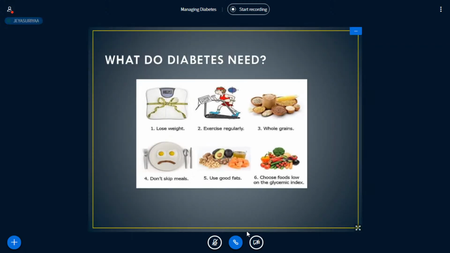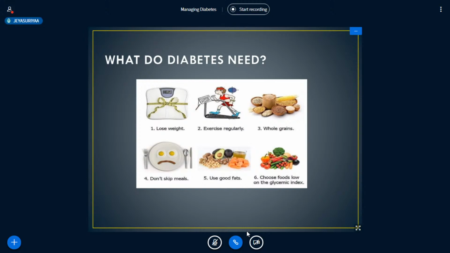Now, coming to what diabetes really needs, the so-called management. As I mentioned earlier, diabetes needs a good diet and a healthier exercise along with the oral hypoglycemic therapy or the insulin therapy. Diet is the basic part of management in every case. Treatment cannot be effective unless adequate attention is given to ensuring appropriate nutrition.